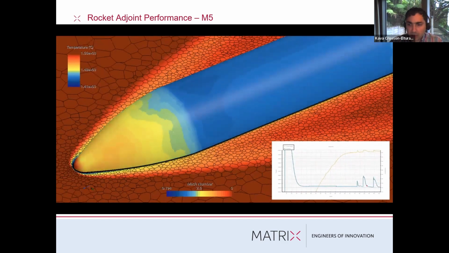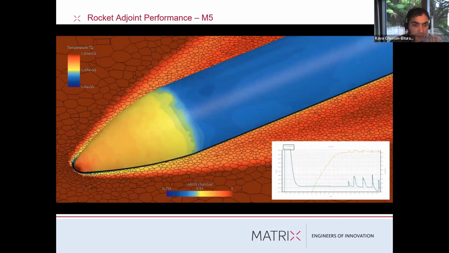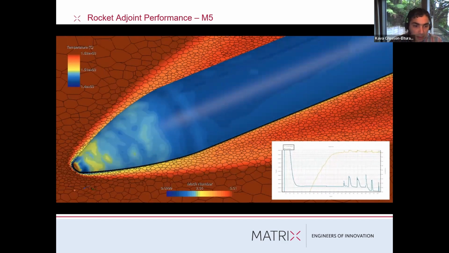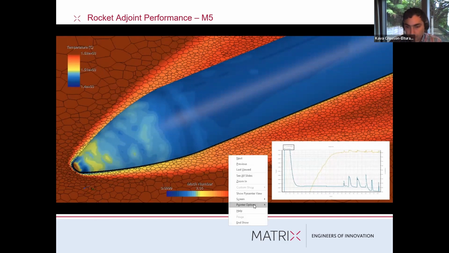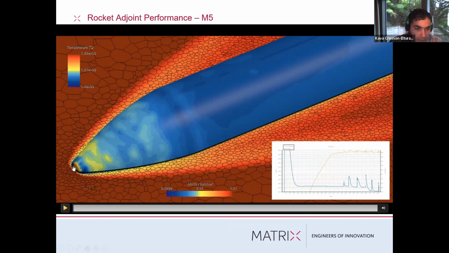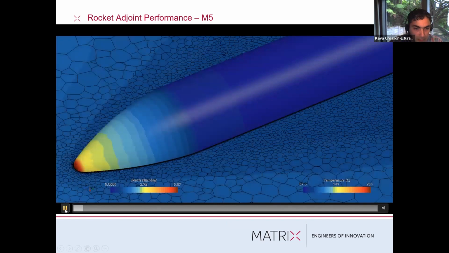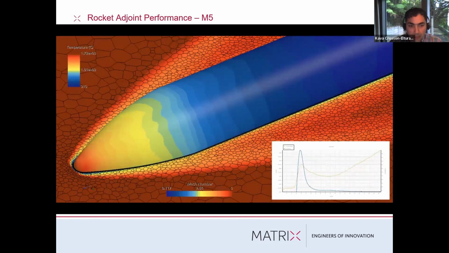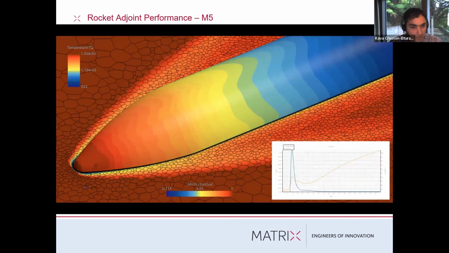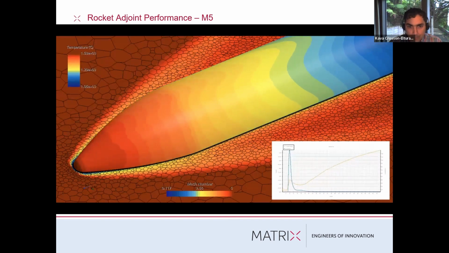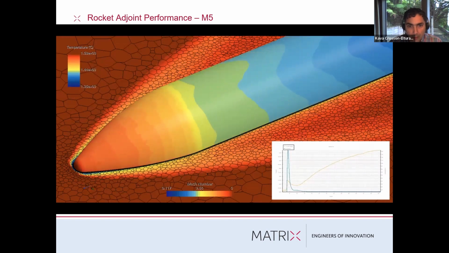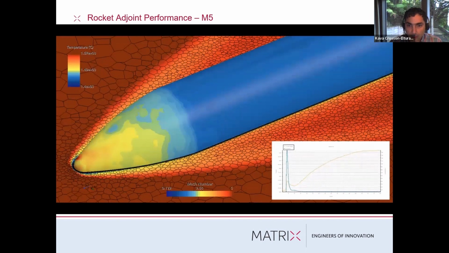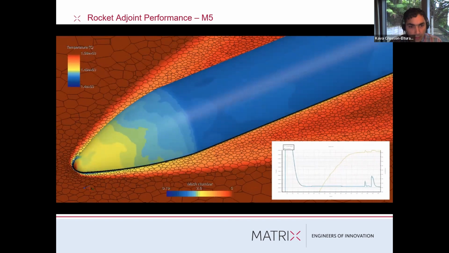And then each of these bumps that's coming along is a change to the geometry. So I don't know if you can see it, but here at the front, at the nose, I'll play it again, hang on. So here at the front at the nose, you can see it's gotten more blunt. Just to give you an idea. And this is a fairly coarse mesh, but I think it was adequate for the purpose. So that's heating up and then settling into a steady state thermal solution and then perturbing